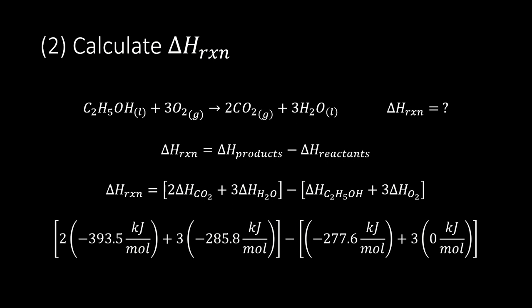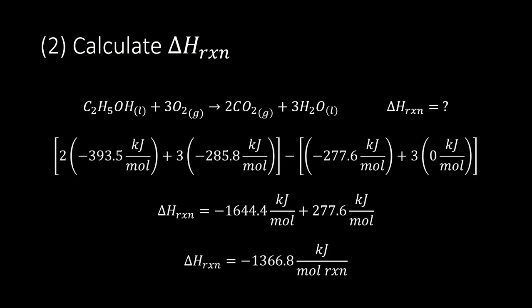So in total, what we have is 2 times negative 393.5 kilojoules per mole, plus 3 times negative 285.8 kilojoules per mole, which would end up being negative 1,644.4 kilojoules per mole. Then we have negative 277.6 kilojoules per mole, plus 3 times 0 kilojoules per mole, and